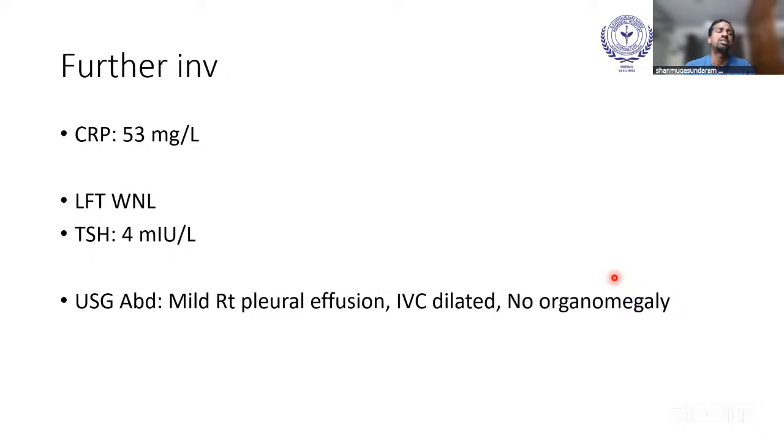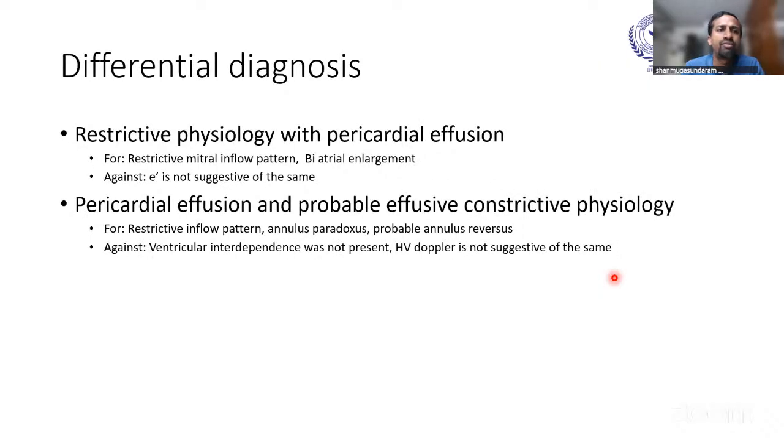So for further evaluation with that background, the CRP was elevated since he had a recent history of fever. So some kind of acute pericarditis was in suspicion at that point of time. LFT was normal, thyroid function was normal again, and ultrasound abdomen showed mild right pleural effusion along with dilated IVC, no evidence of any organomegaly otherwise. So we had a few differential diagnoses